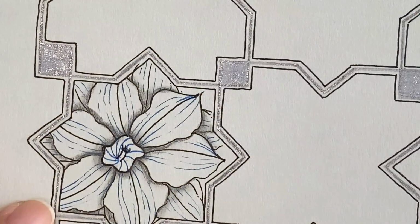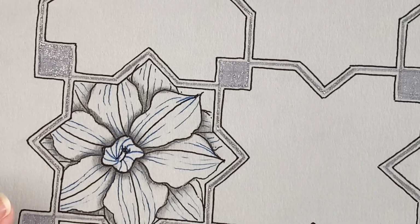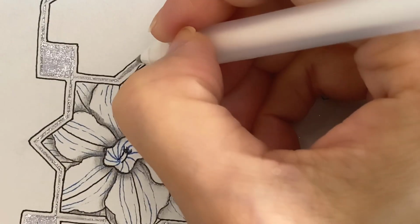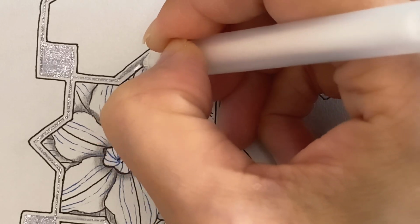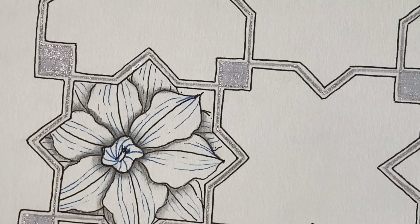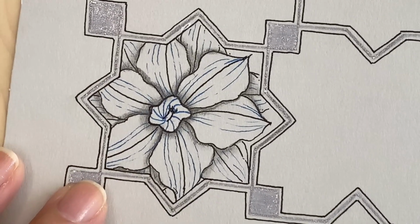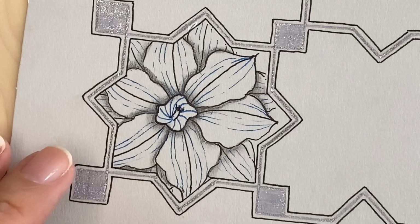And speaking of technologies, sorry, I got this line going off a little bit, so I added a little white to kind of cover it up. Anyways, speaking of technologies,